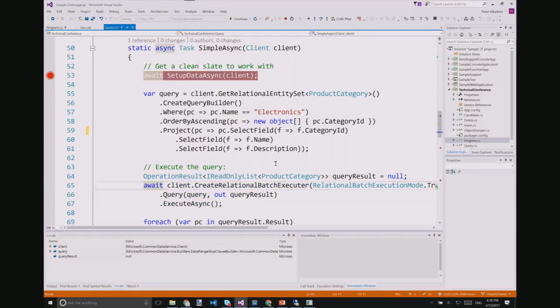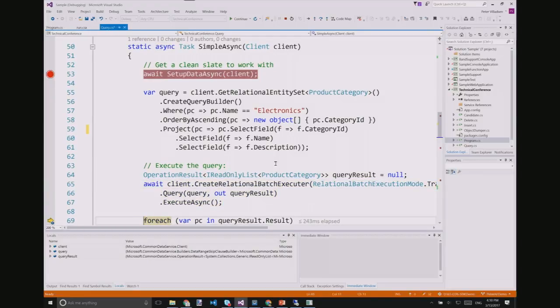And here, let's do this. So what happened here? We did an await call, and we did execute async on the result of saying, give this query, and this is the query result that we have. So what happens here? Yeah.